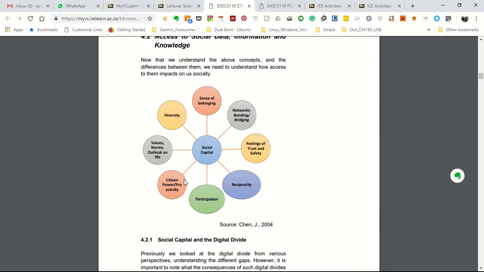Reciprocity. Participation means what you're doing now. You're watching me and you're typing on the computer. That's participation. You're on your phone, you're sending me a message in WhatsApp while I'm on the computer. Teaching, that's also participation. Citizen power, that gets bandied around quite a lot. You know, what digital social capital, which is what we're dealing with, does for you, it allows you to participate